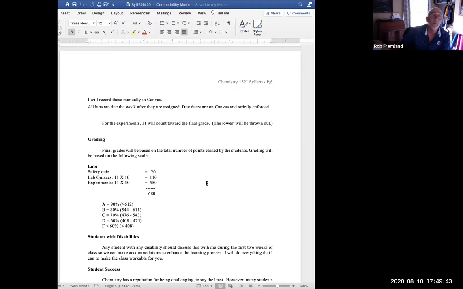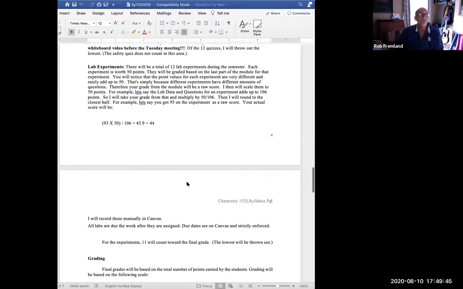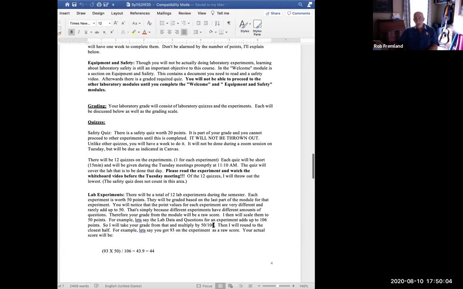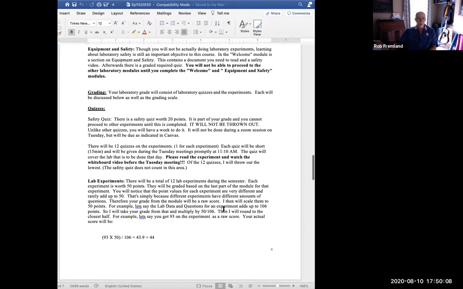They're worth 50 points each. Now, I want to talk a little bit about that. To make the labs add up to 50 is nearly impossible. So what I do is each lab's going to add up to some number. So, for example, your first experiment adds up to, let me see, I have to look back, 76 points, all right? But your experiments are going to add up to some magic number, then I'm going to scale it to 50. So in the example here, let's say that a lab was worth 106 points and you got a 93,